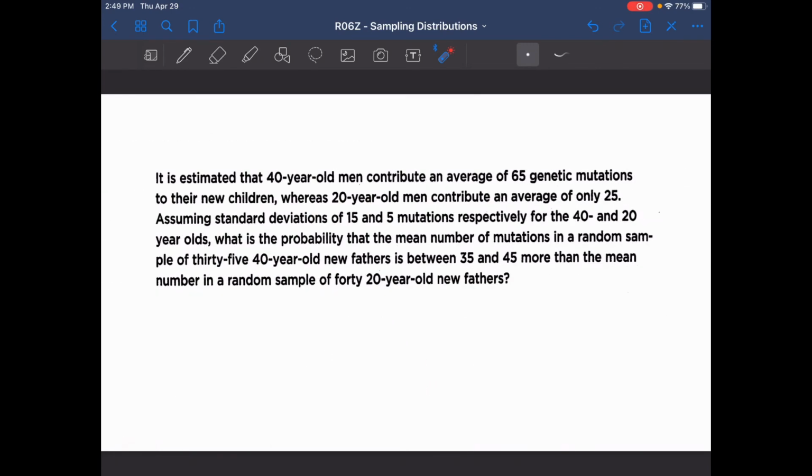All right, we're going to look at this example for sample means real quick, or difference in sample means. So it is estimated that 40-year-old men contribute an average of 65 genetic mutations to their new children, whereas 20-year-old men contribute an average of only 25. Assuming standard deviations of 15 and 5 mutations, respectively, for the 40 and 20-year-olds, what is the probability that the mean number of mutations in a random sample of 35 40-year-old new fathers is between 35 and 45 more than the mean number in a random sample of 40 20-year-old